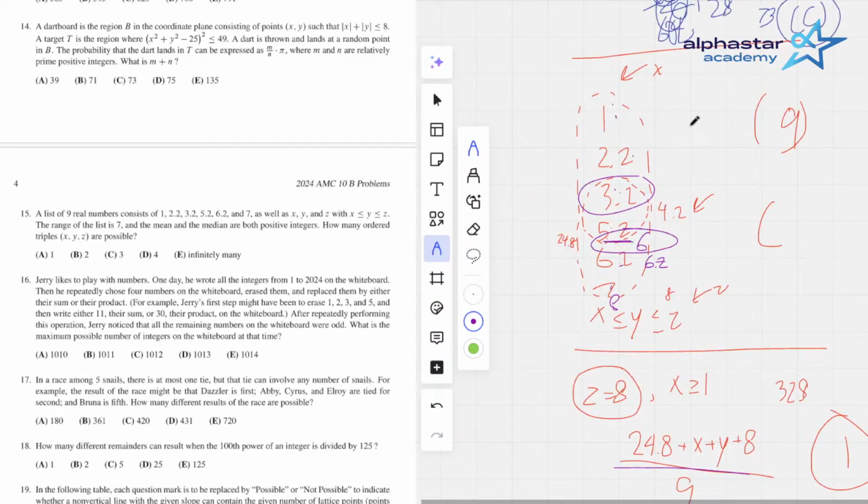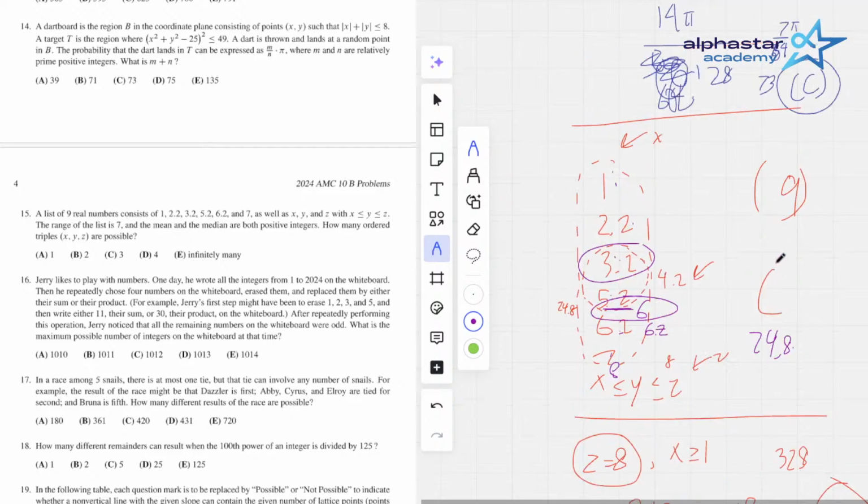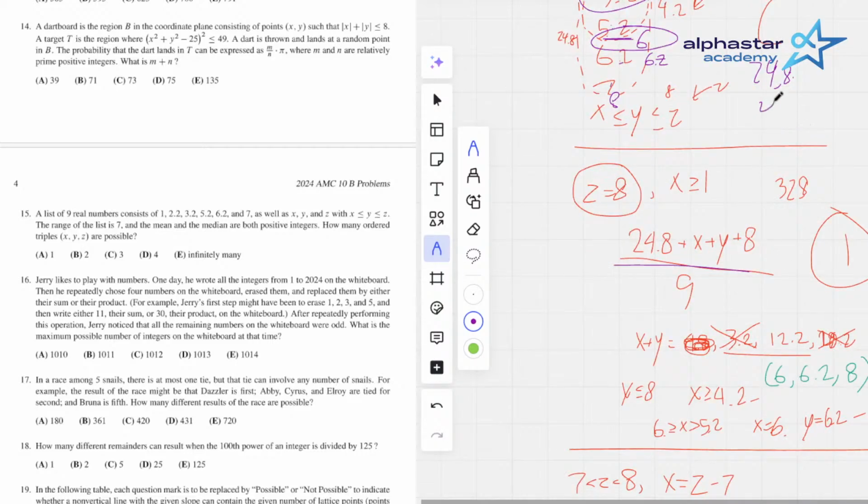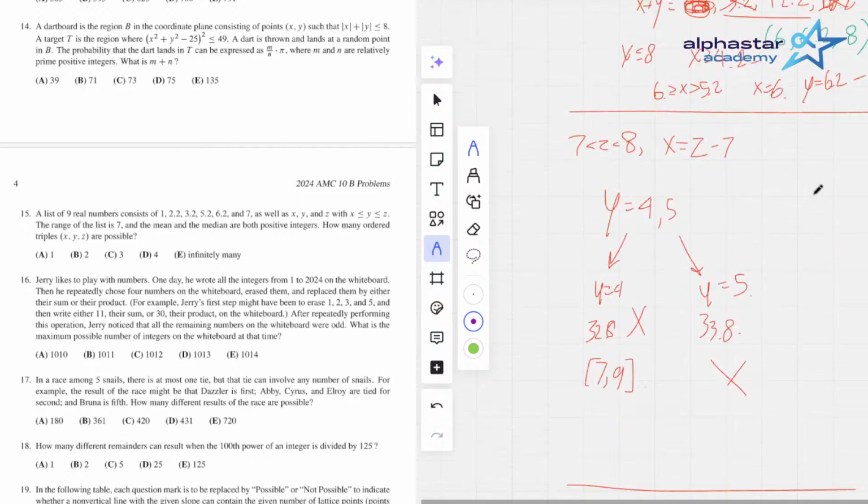That works. And then the mean, just add, what is it, 6, so it's 24.8 plus, I just want to make sure that that sum is correct. 1, 2, 3, 5 adds up to 11, plus 6 plus 7 is 24.8. Okay, 24.8 plus, what is it, 6, 6.2, 8 adds up to 45. Okay, that works. And then we just need to check